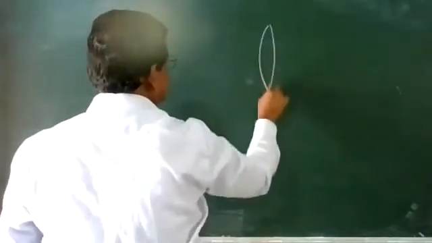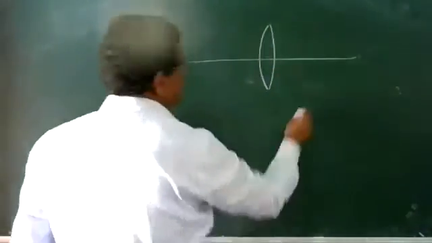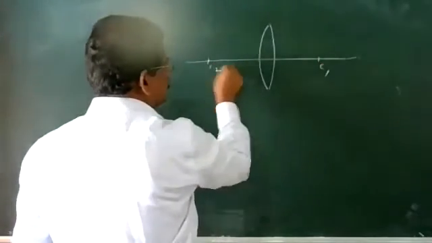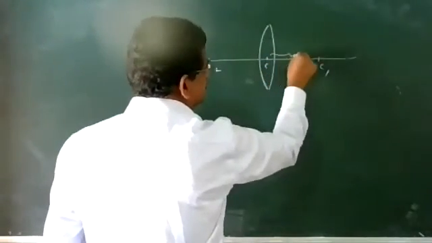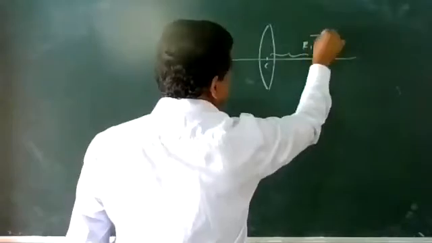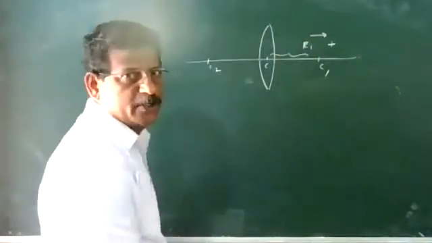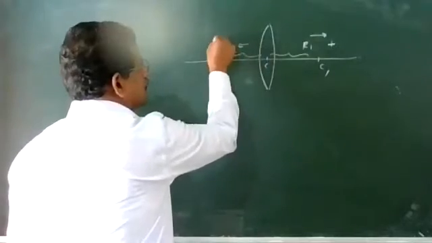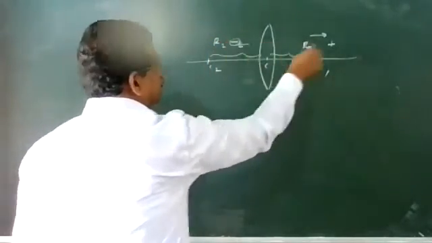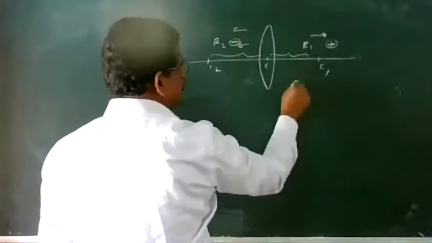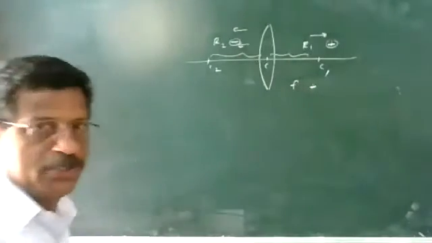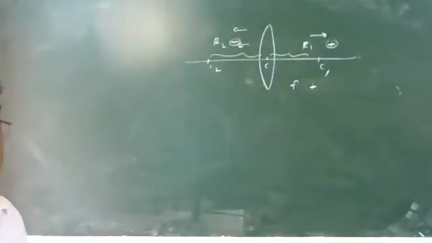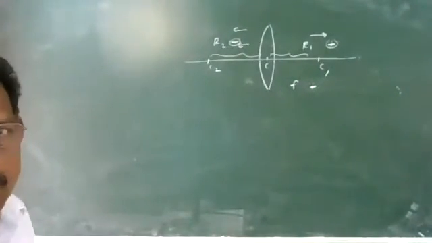So if you take a convex lens, C1, C2. So R1 is here. For right side, measurement is positive. R1 is always positive. And C2 is the side toward the left side, so R2 is taken as negative. And focal length of a convex lens is always positive. So in the equation, R1 will be positive, R2 will be negative for a convex lens, and f is positive.